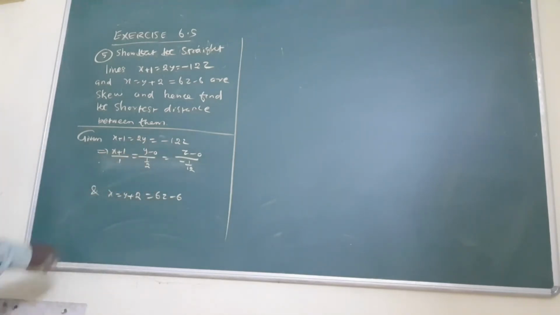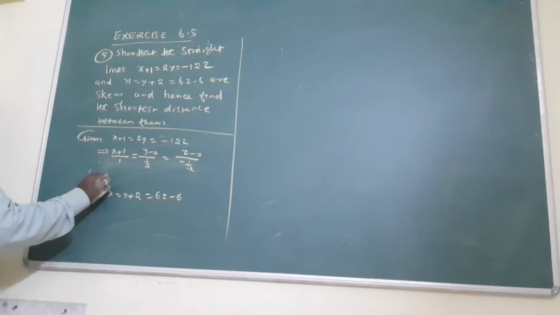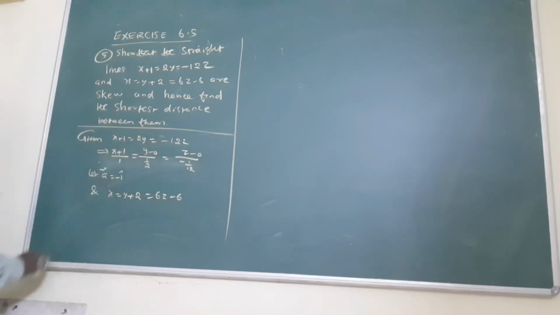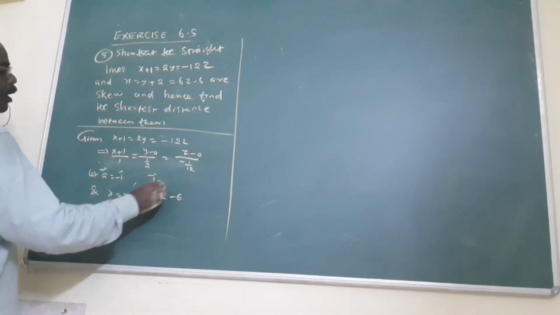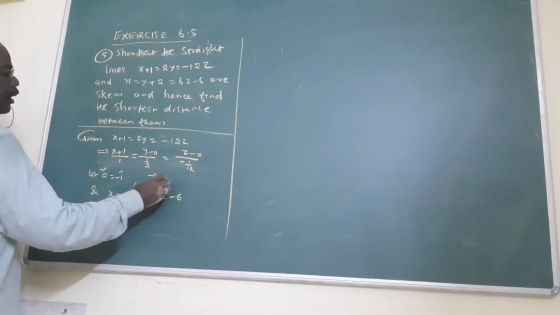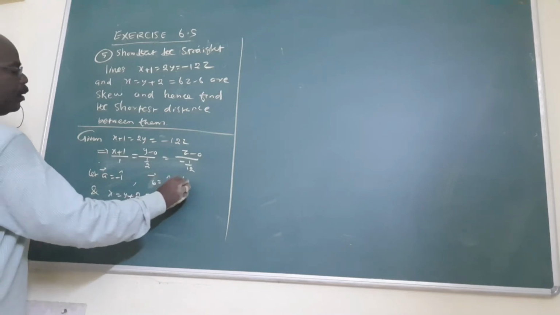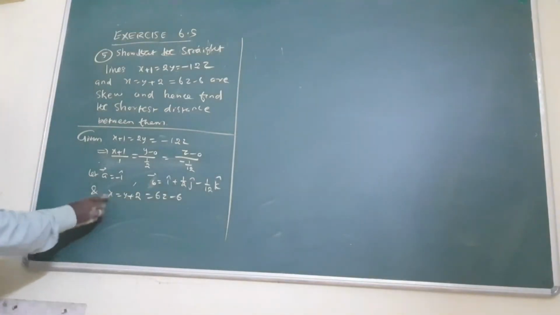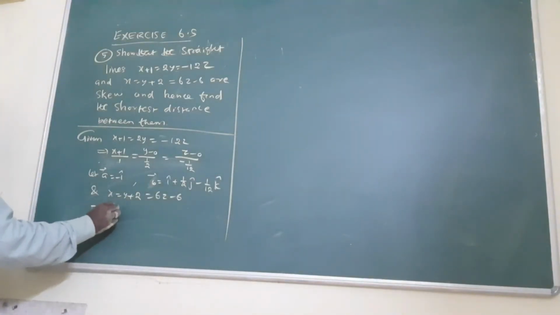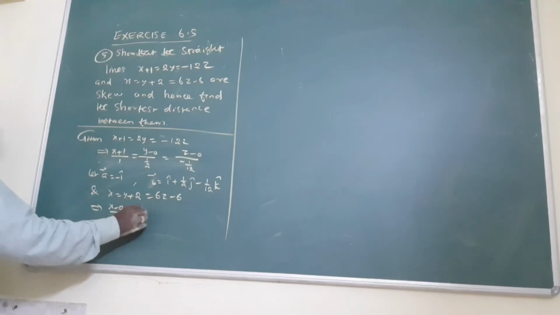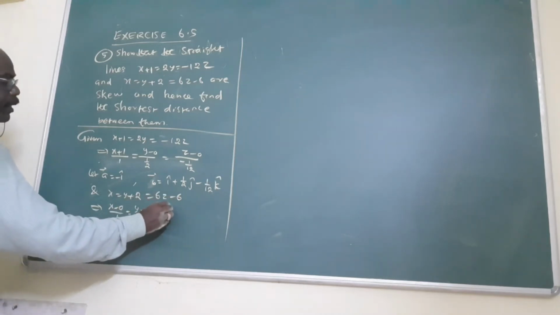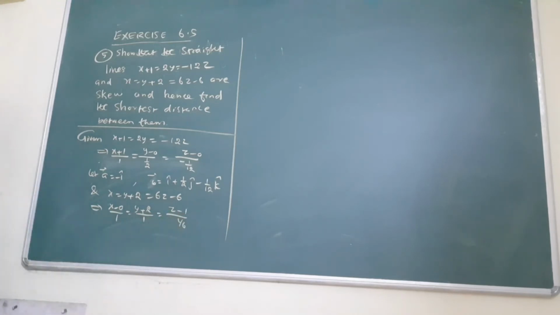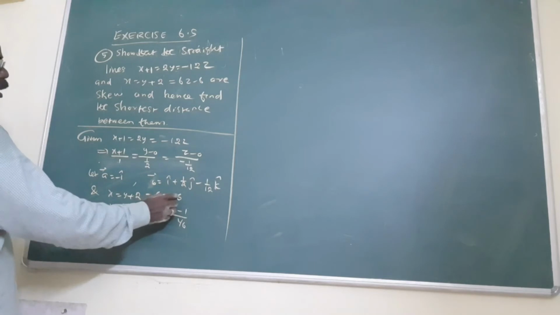That's very important. Now, therefore, let the a vector equal what? The first one, minus i cap, 0, 0. That's all. Next, the d vector equal what? i cap plus 1 by j cap minus 1 by 4 k cap. Next, this can be written as x minus 0 by 1, y plus 2 by 1. This can be z minus 1 divided by 6, you know. Denominator divided by 6. Am I right? Numerator divided by 6 means z minus 1 will come.